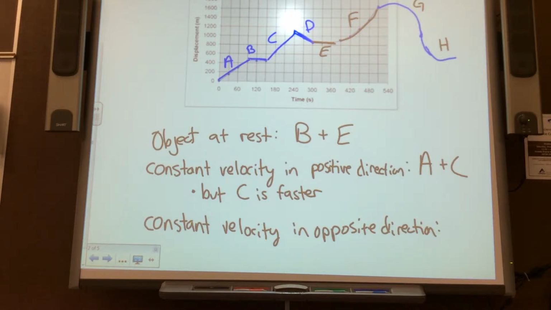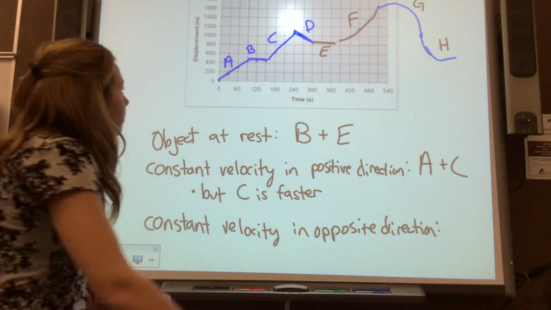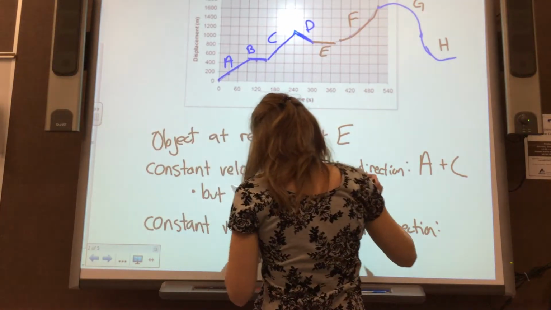Constant velocity in the opposite direction. So now I say it turned around and went the other way, because the opposite direction will have a negative. So how do I tell if I've gone the other way in a DT graph? Yeah, so my D would definitely be